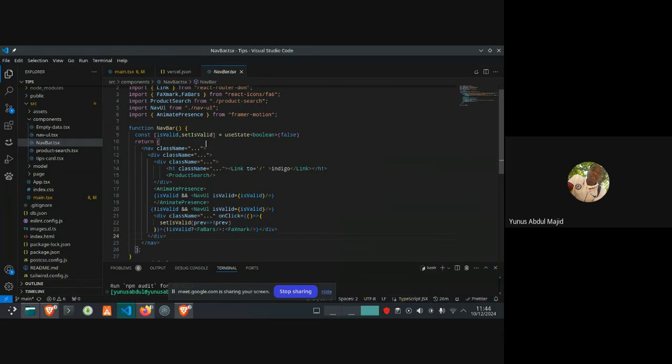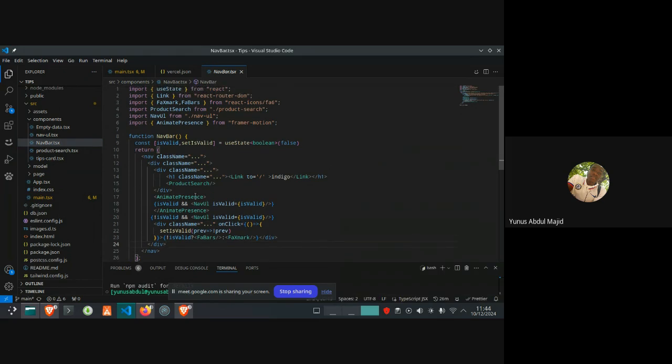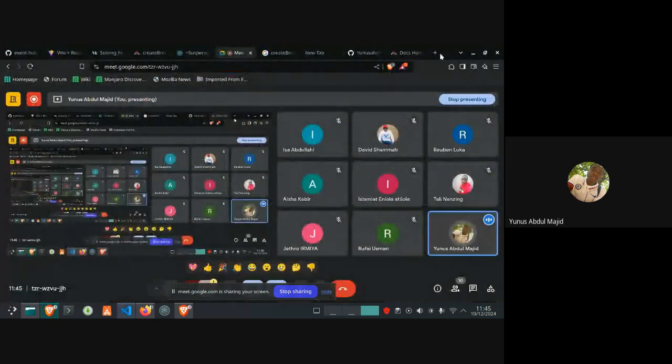So let me go over this again. This is the name of the animation framework that I use: Framer Motion. You can just check them out.